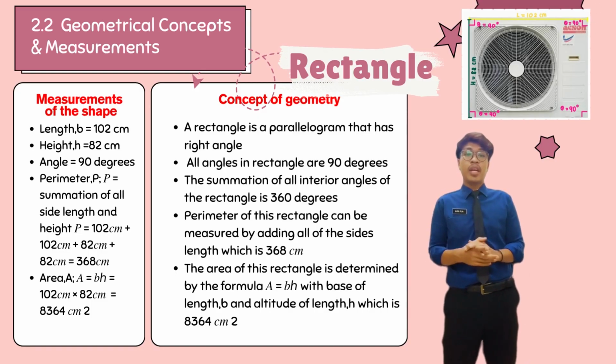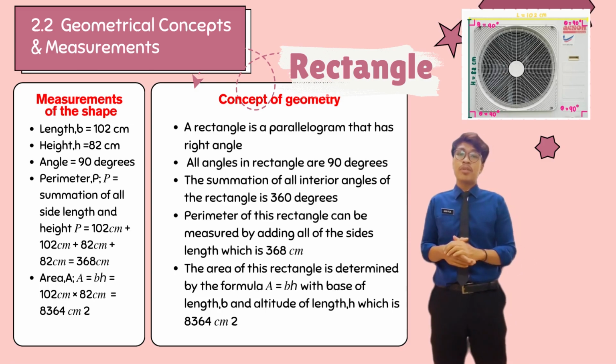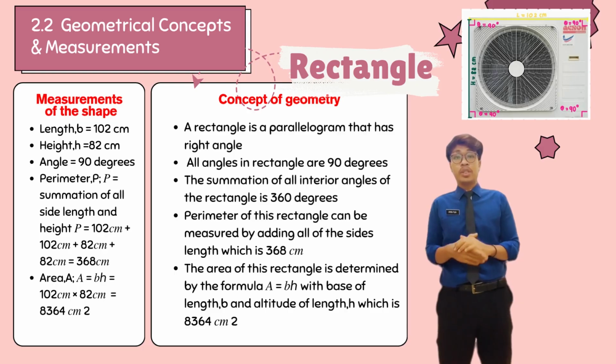Now, the third part, which is the rectangle. The length of this rectangle is 102 cm. The height of this rectangle is 82 cm, and the angle is 90 degrees. The perimeter, which is the summation of the sides of the rectangle, is 368 cm,